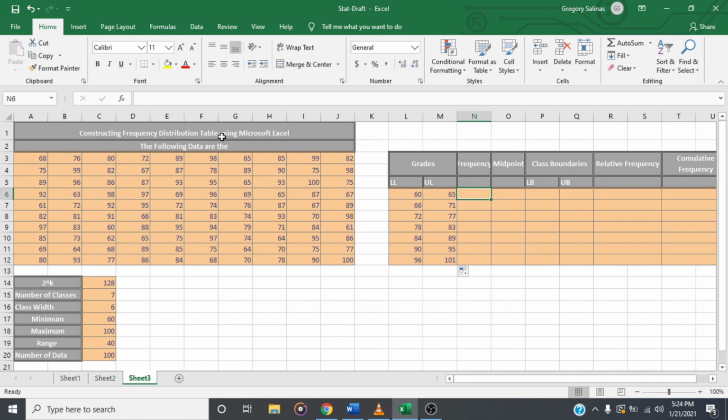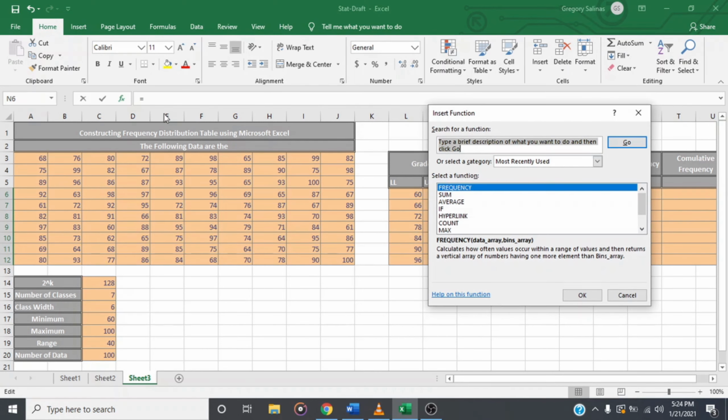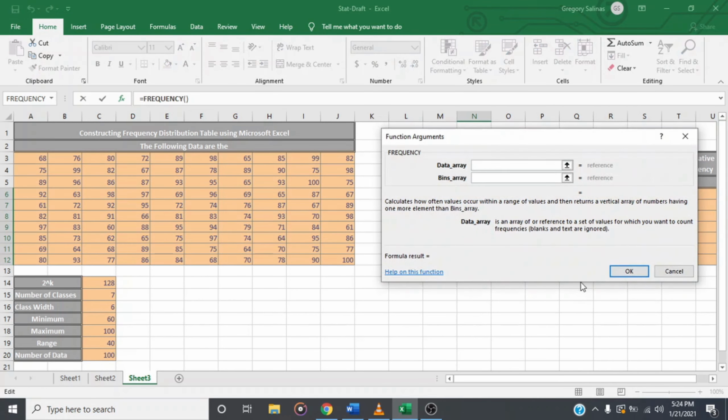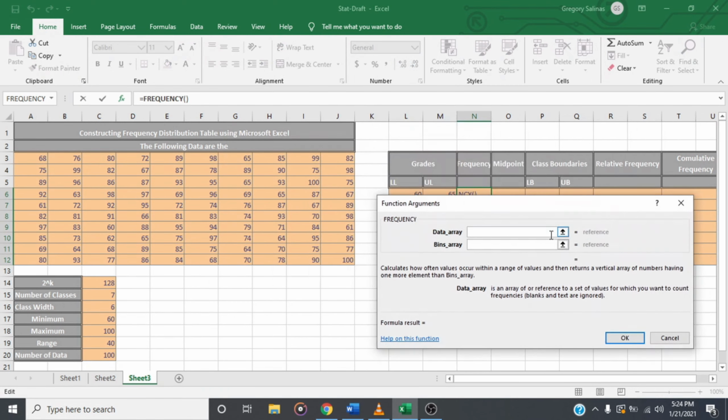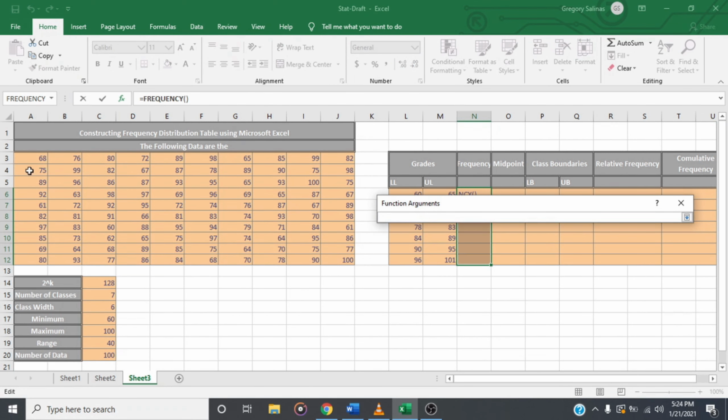First, highlight all cells that will contain your frequency, then select the insert function button on the top left of the screen. Then select the first option and type in FR. It will take you to frequency, then select it. Collapse the first option and select the group of data. After that, select the prompt to make the rest reappear, then do the same thing with the bins